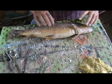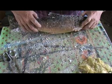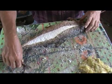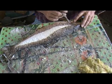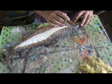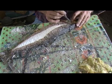But it needs a little bit of padding into the gill area here before we start setting up the fins and cleaning it off. And also I want to take out the meat in the cheeks, which I'll do next. So here, this cheek area is flesh, and we don't want to leave that meat in there. So what I'm going to do is just cut along this inside edge here,